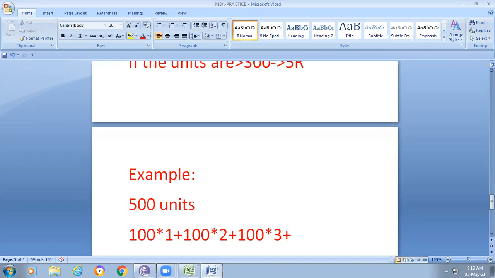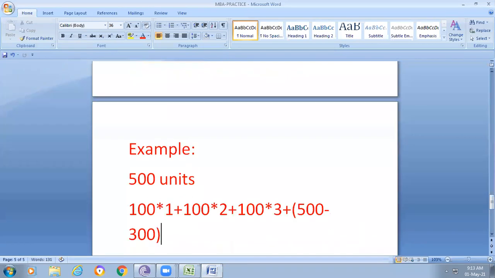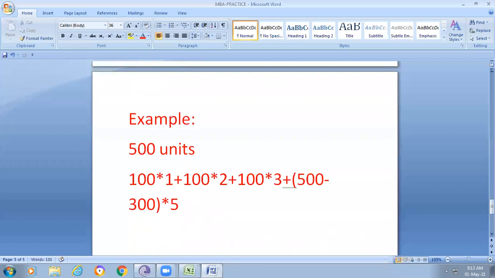First 100 units, 1 rupee. Next 100 units, 2 rupees. Next 100 units, 3 rupees. Now the remaining units, that means 500 minus 300, into 5.